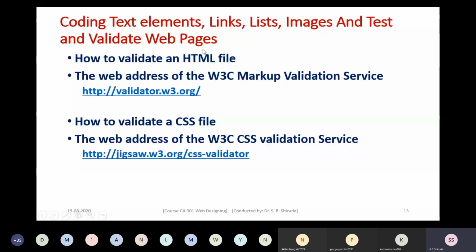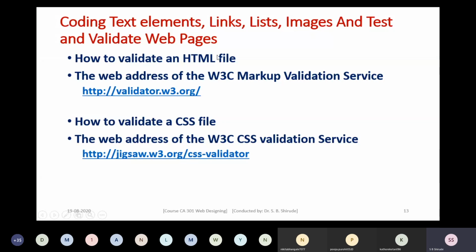To validate the HTML page, validation of the HTML file means what? If you are writing an HTML file and that HTML file is not valid, it means it is not satisfying all the rules of the DTDs that are written in the DTD file. If you want to check that, then you can validate the HTML file, meaning you can find out whether your HTML file is valid or not, and you can make use of an online service for that.